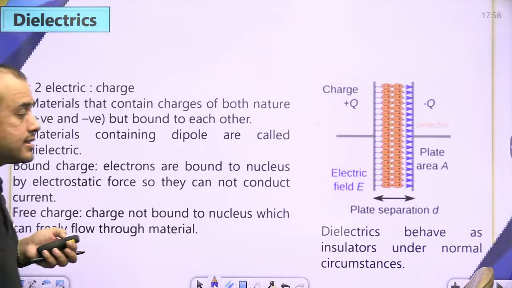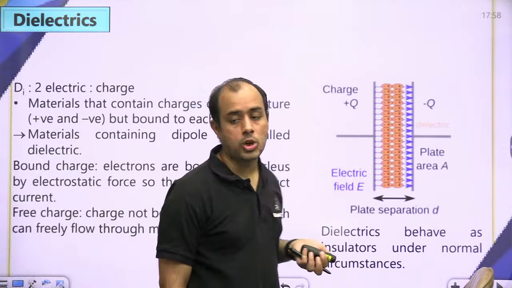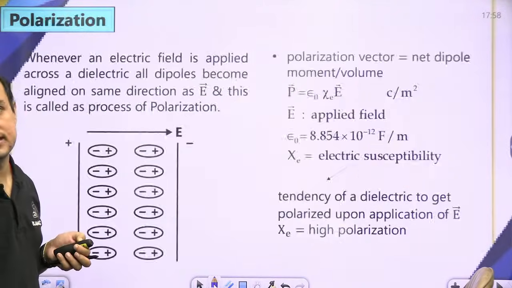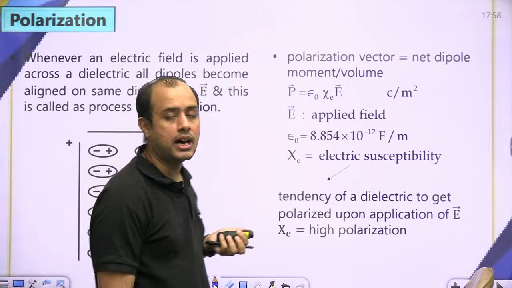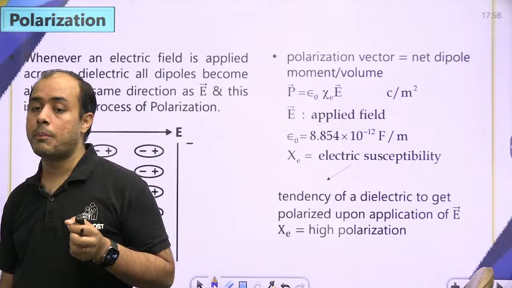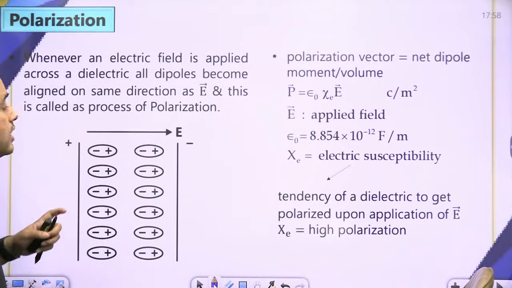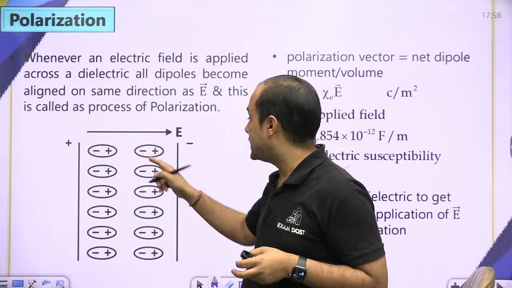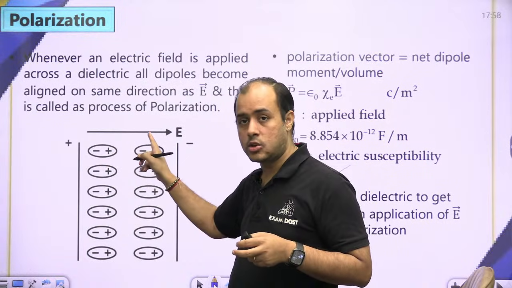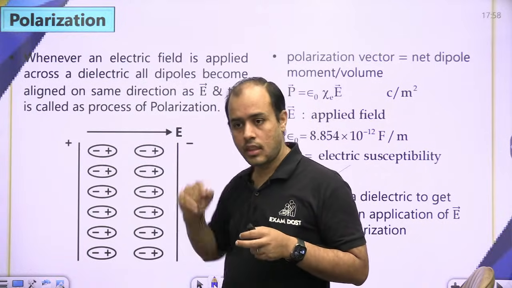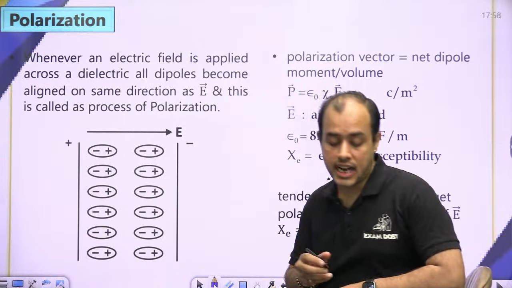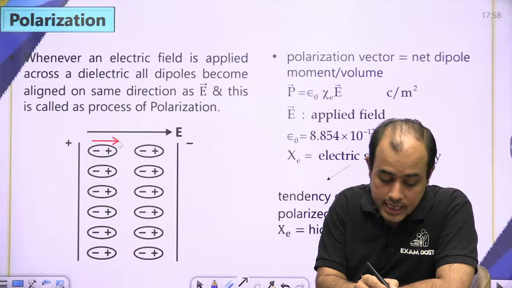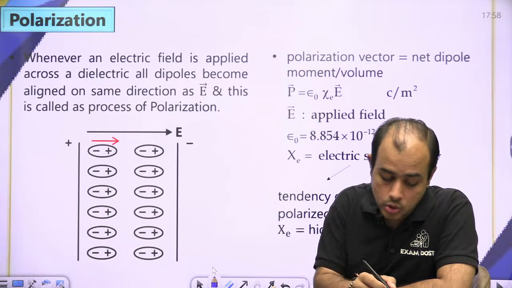What are the free charges? The electrons that jump out of the atom and are free to conduct current, they are called free charges. And the electrons inside the atom are bound charges. Now, whenever you apply an electric field on a dielectric, all the dipoles are aligned because the positive charge experiences a force parallel to the field, negative charge opposite to the field. पॉजिटिव चार्ज पे फोर्स लगता है फील्ड के पैरेलल, नेगेटिव पे लगता है अपोजिट। तो सारे डाइपोल फील्ड के डायरेक्शन में अलाइन हो जाते हैं।